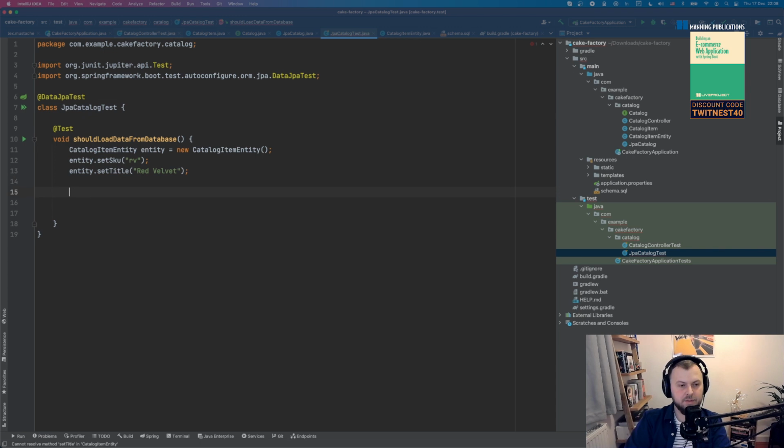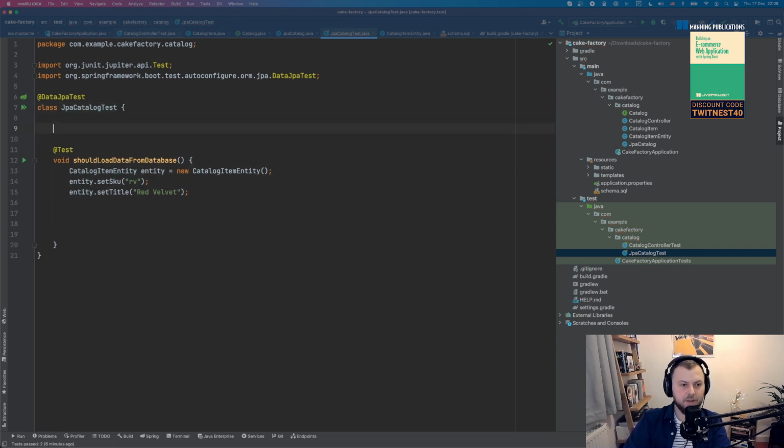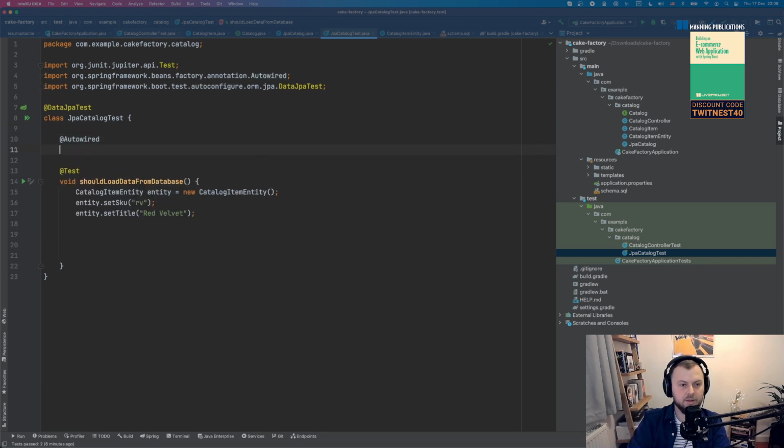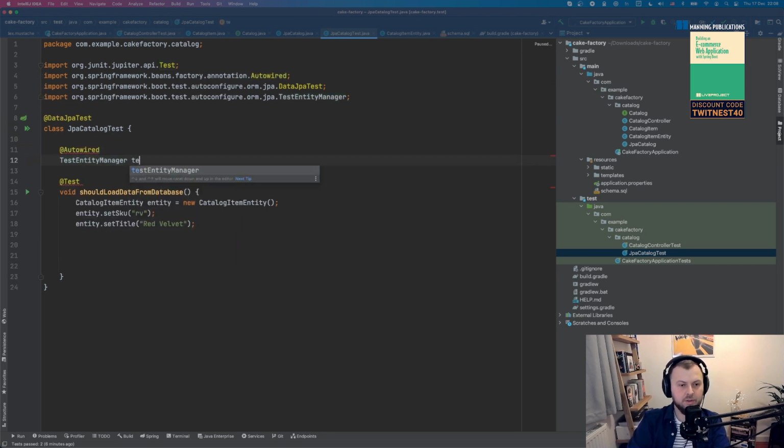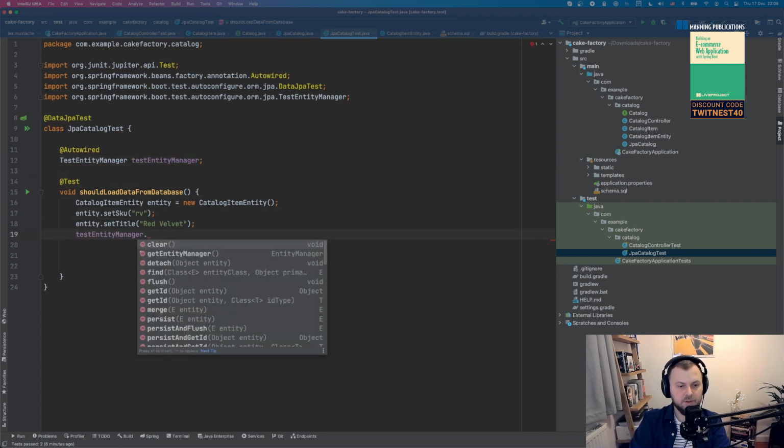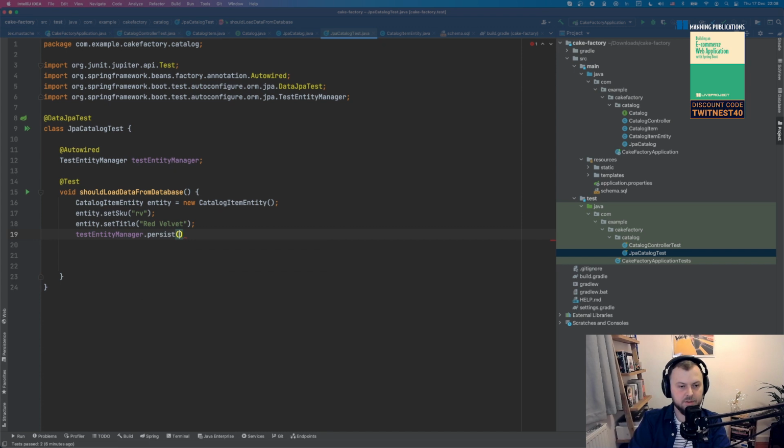And then when I save this to the database, again, ideally, we want to use test entity manager, right, to save it. Say persist, and we say we want to persist this entity. Cool. So this is our given. So when this record is in a database, when we call this,